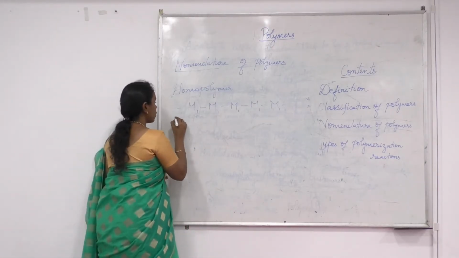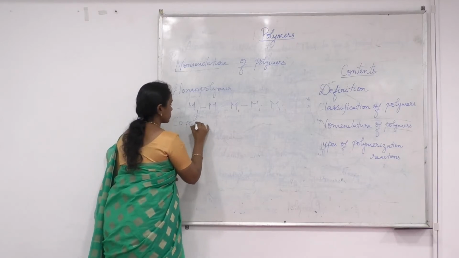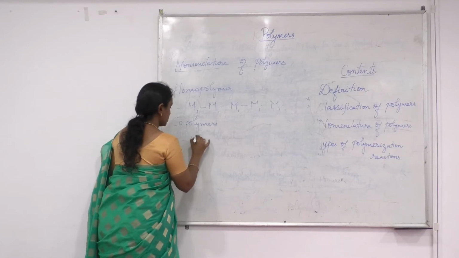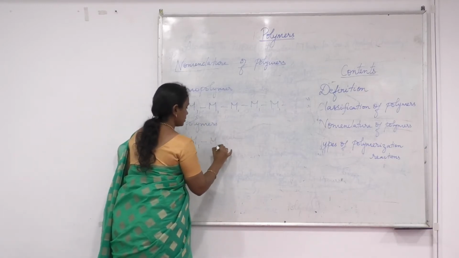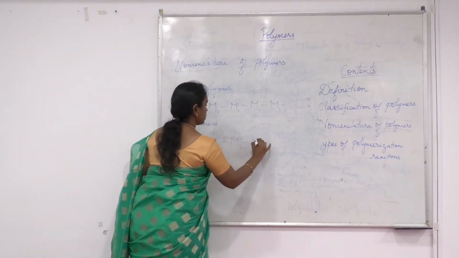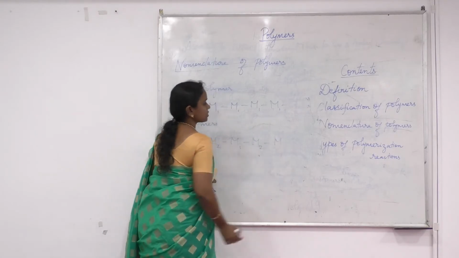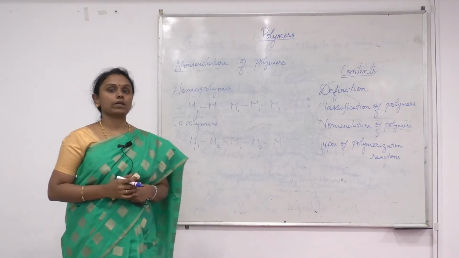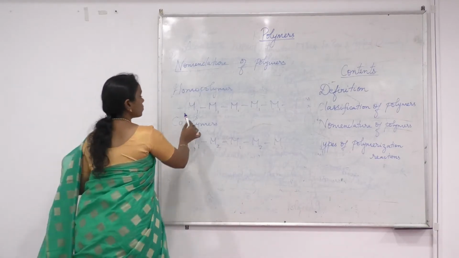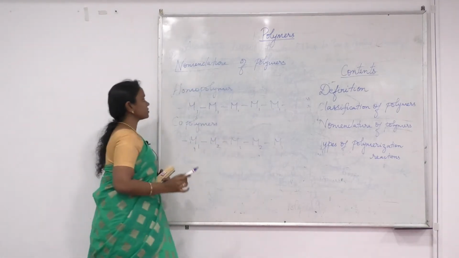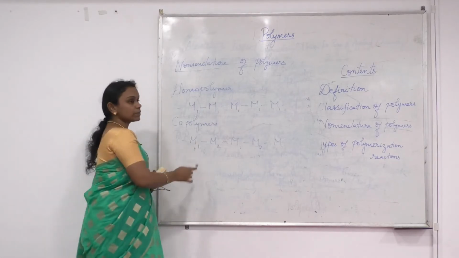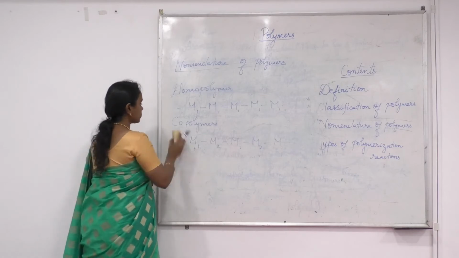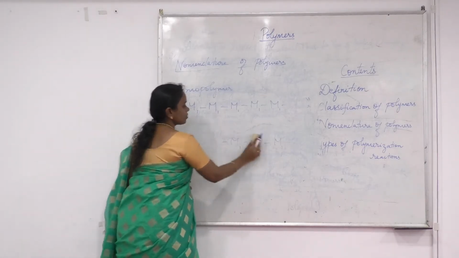Then we have copolymers. Here we have M2, M1. When different chemical structures are present in the polymeric chain, then it is a copolymer. When all the monomers are the same or identical, then it is called a homopolymer. When different chemical structures are present in the polymeric structure, then it is a copolymer. Next we will see